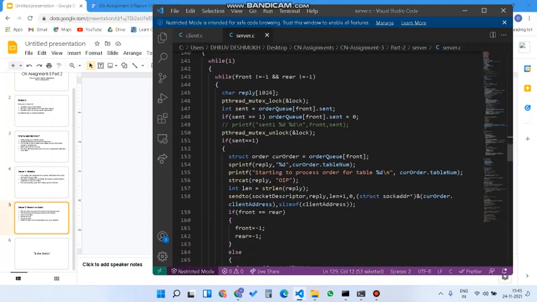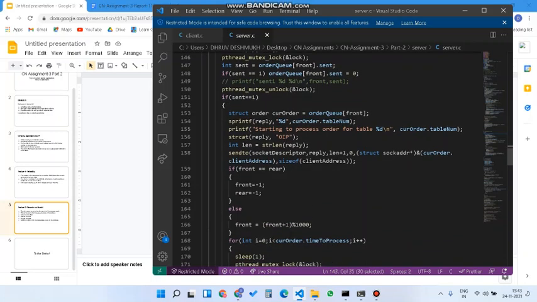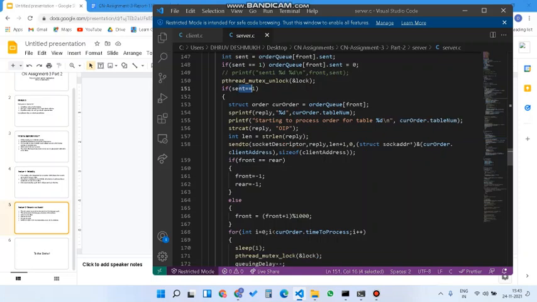Now the process order again goes in an infinite loop, and till the order queue is not empty, it will go on, and in each iteration it will take the front order from the queue, and then it will start processing the order. So here it checks whether the acknowledgement for the order is sent. So if the acknowledgement for the order is sent, then it enters and starts processing the order. So it prints that it is starting to process for this table, and then